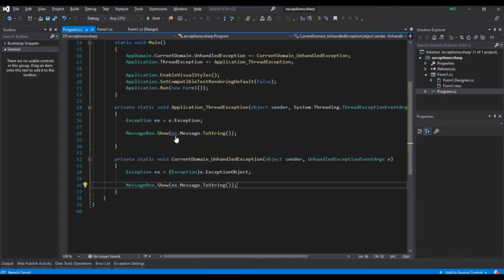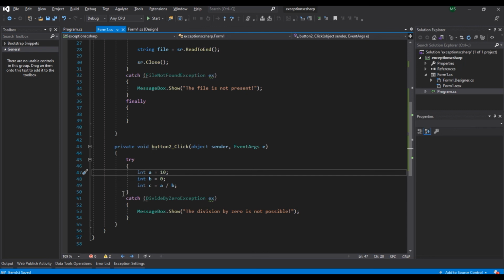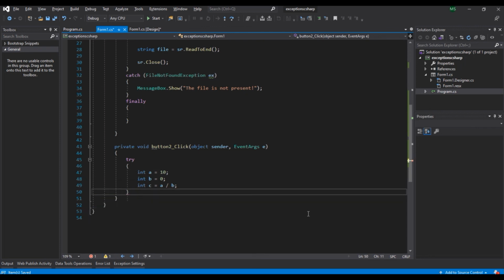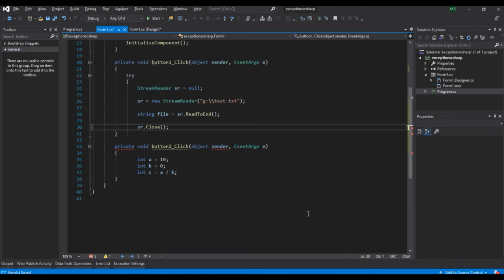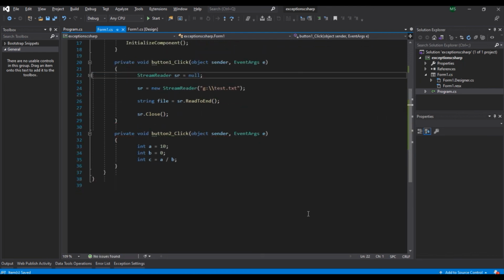Now let's remove the exception handlers that we added here. Since we are adding global exception handlers, we don't need them here.